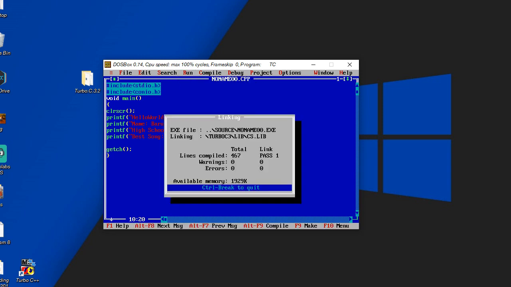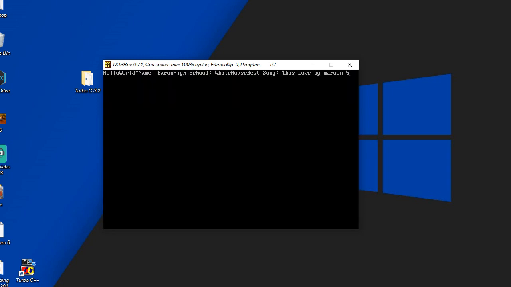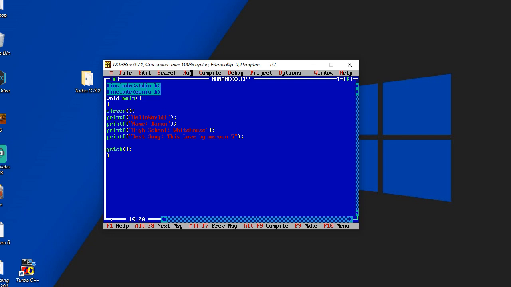Okay, so when I run the program, everything prints up, but why is it printing in that way? Why is it printing row by row? It needs to be printed horizontally, not vertically. So now to make it go to the next line, we need to add a small code here, which is slash n. Okay, when I add slash n at the end